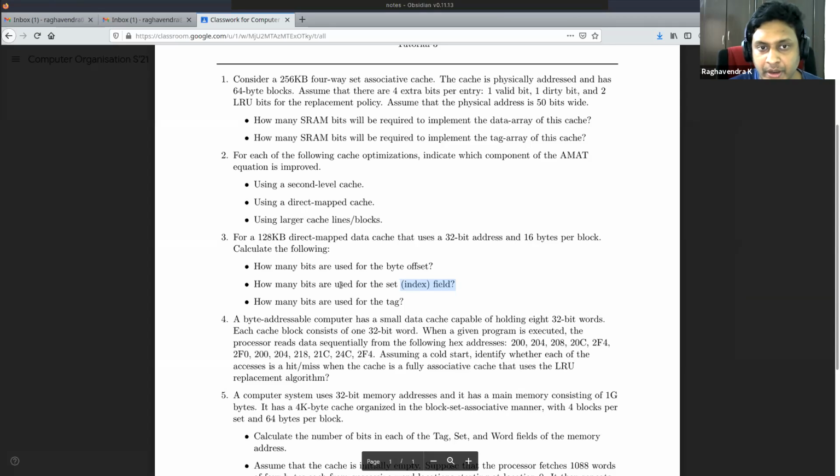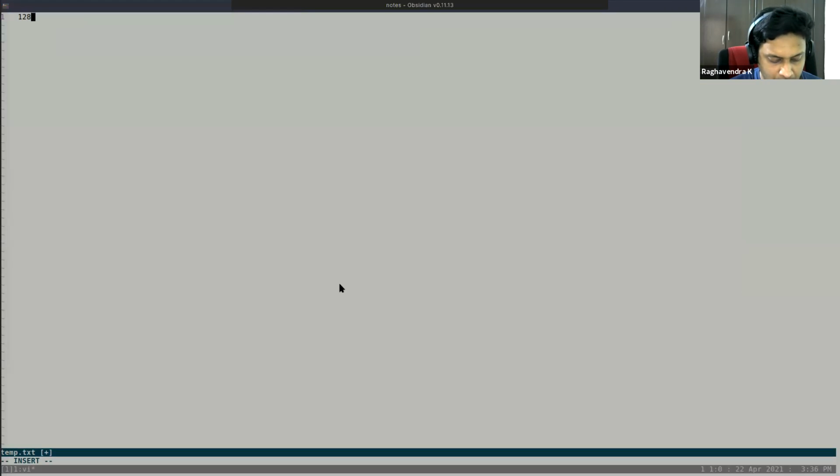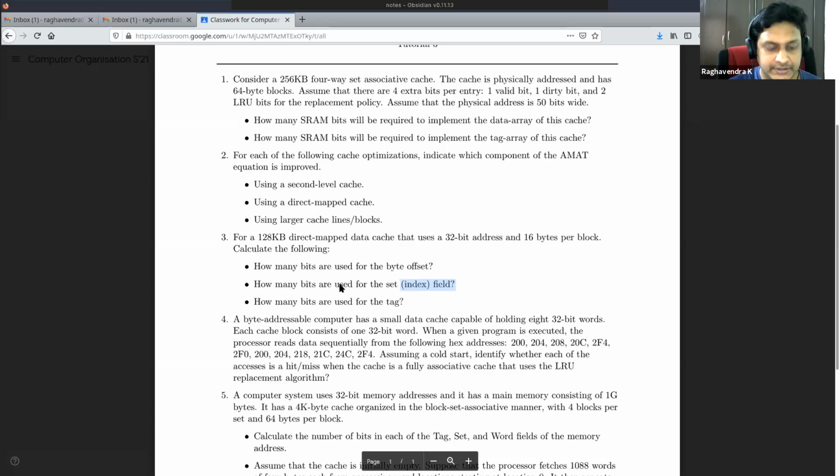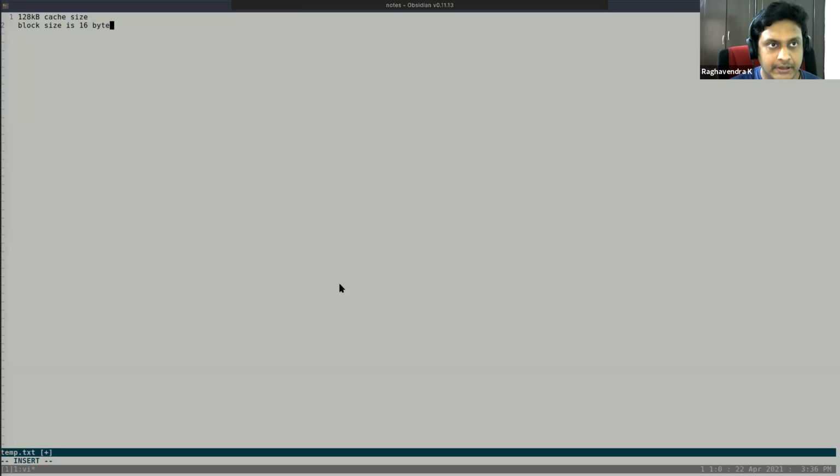Okay, so now you have 128 kilobytes, right? So 128 kilobytes is the cache size. Block size is 16 bytes. So the number of blocks is equal to cache size divided by block size.